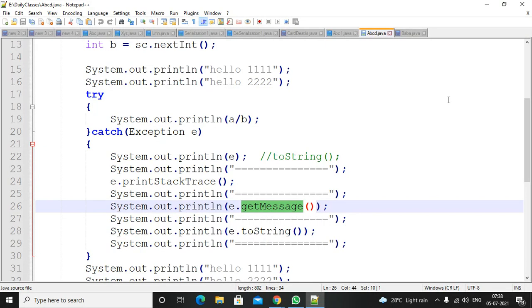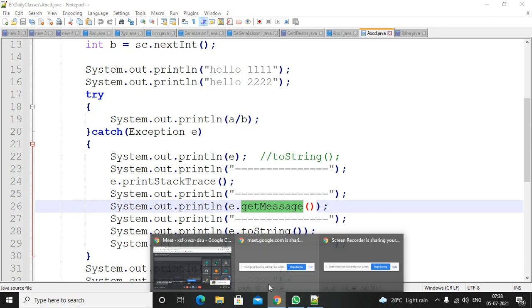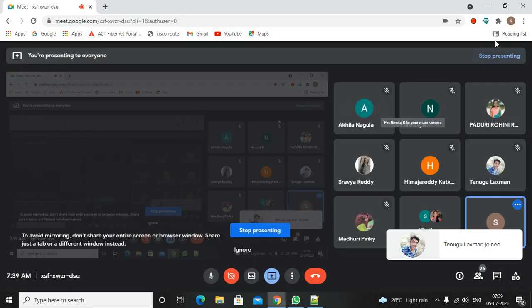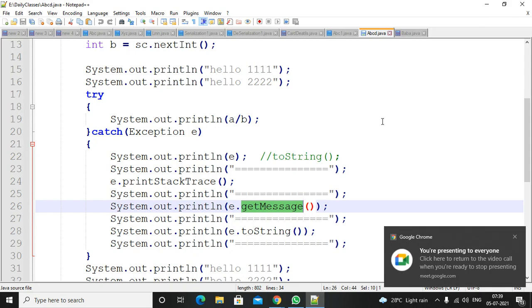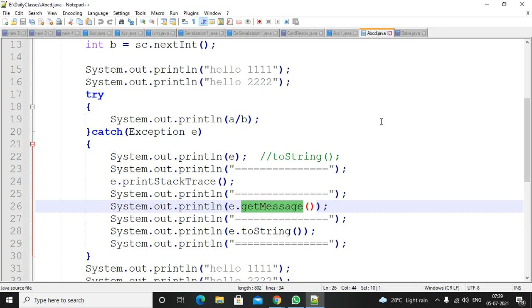Otherwise, it will terminate from that m2 method also, that particular method, and go to the caller method, right? That is abnormal termination of that particular method, and it will go to the caller method. Inside the caller method, it will verify whether there is any exception handling code. This process will continue until the main method is completed. Inside the main method also, if exception handling code is not there, the program will be terminated abnormally, right? That means m3 method will not be executed, m2 will not be executed, m1 not executed, main is not executed. So it will hand over the details to the JVM.